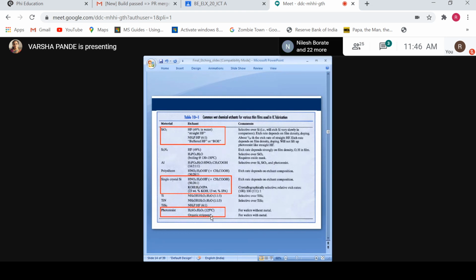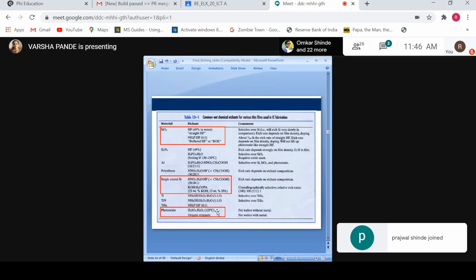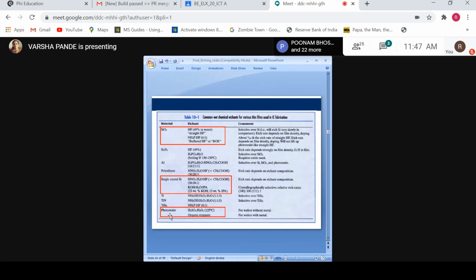Photoresist: sometimes we want to remove the photoresist also, because after our window is created or the etching operation is done, there is no use of that photoresist, so we have to remove it. Then photoresist removal is also one type of etching process. For that again we require H2SO4 solution and H2O2 hydrogen peroxide, and these two solutions are heated to near about 125 degrees centigrade, and in this the wafer is placed, then only the photoresist will be removed, the remaining part will not be removed.